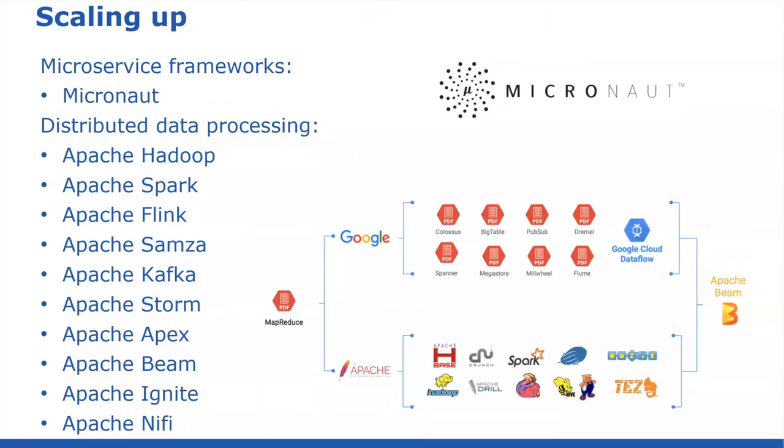Just looking at the Apache stuff on the left-hand side, there's Hadoop, Spark, Flink, Samza, Kafka, Storm, Apex, Beam, Ignite, NiFi. They're just some of the big data, distributed data processing libraries in Apache. And there's a whole bunch outside Apache as well. Some of them are for batch processing, some are for streams, some are for generic interfaces above all of the others, and some of